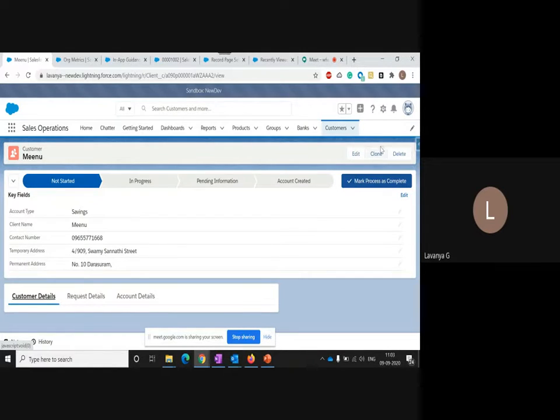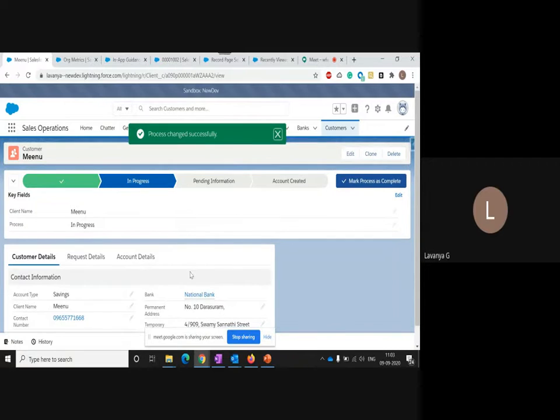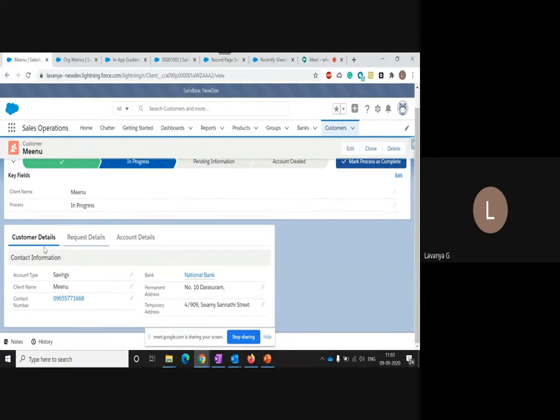Also, this is the highlight panel. You can watch my highlight panel in the below section. So when my status is changed, you could notice the below section is opened up, right? The customer detail section is opened up now.